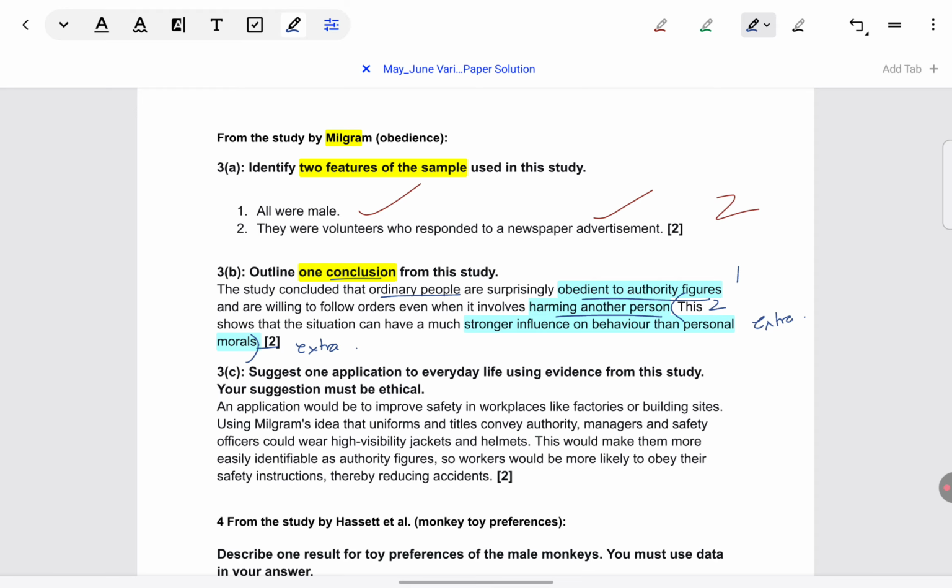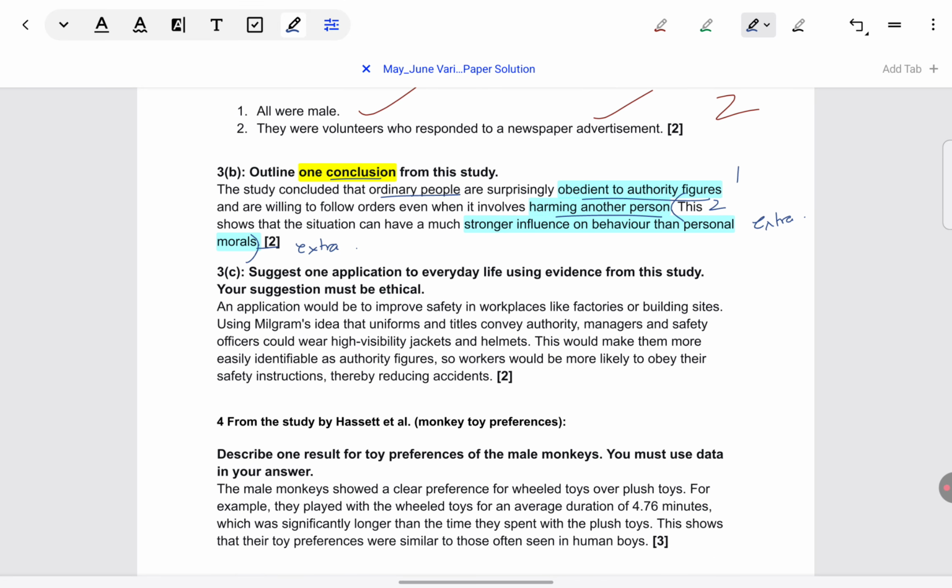I don't know why students struggle a lot with some of the application questions. Milgram is one of the studies in which they struggle with application. In Milgram, many times over so many years, because this is a study from the older syllabus also, this application question has come, but still students are struggling. Please go over the mark schemes. Even before your 2024 syllabus, this study was there, and many times this question was asked. So you'll find many ideas of application in the mark scheme.